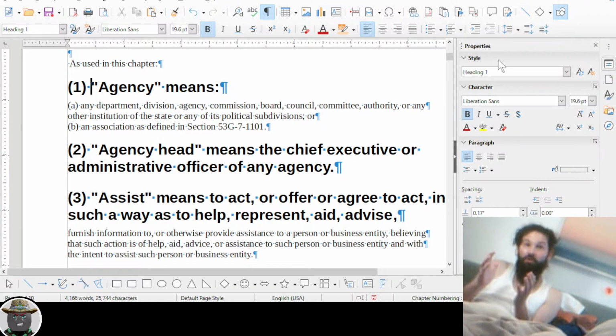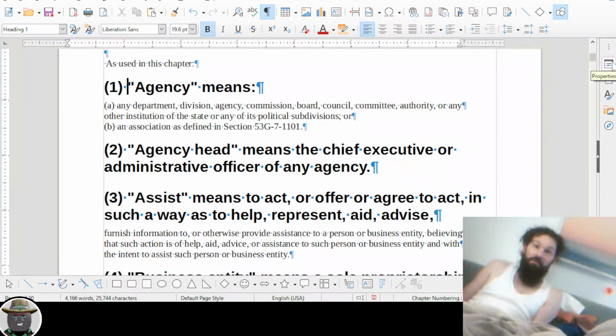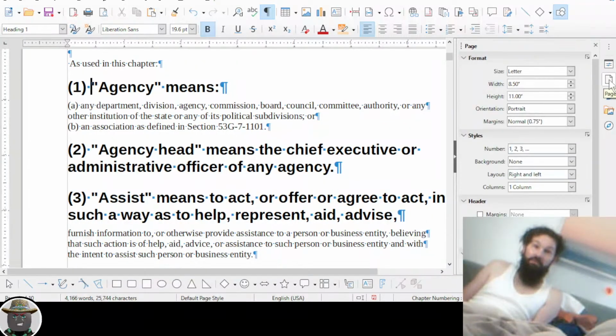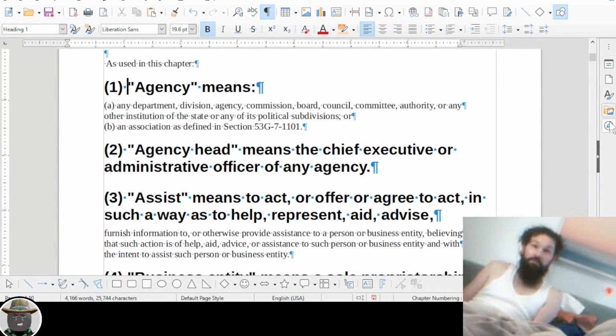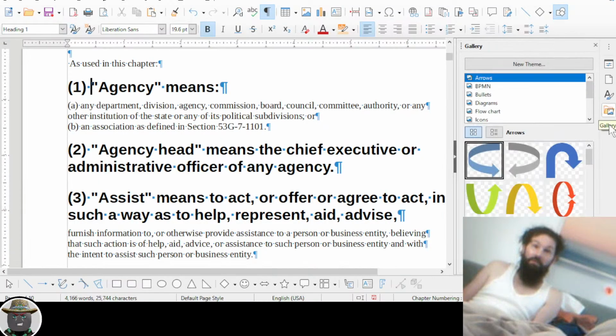But as long as you know that what you're looking for is the styles and then the page organizer, then you'll be able to find it. So there's properties, page information, styles, clip art, and